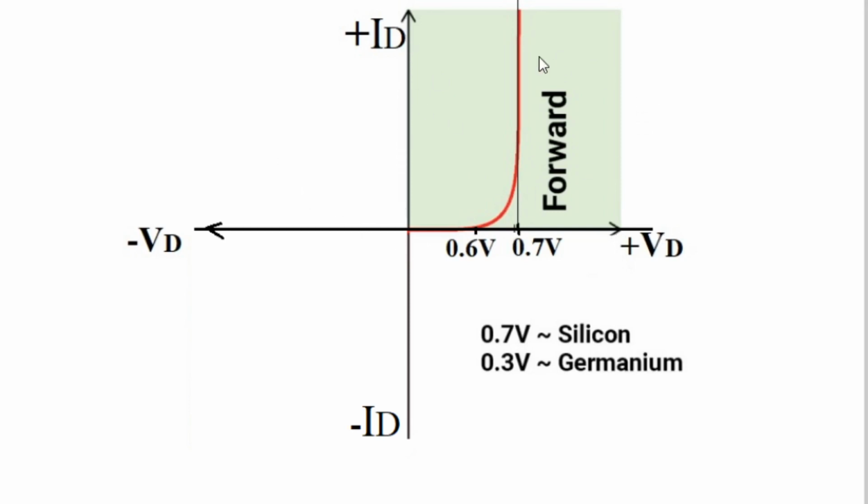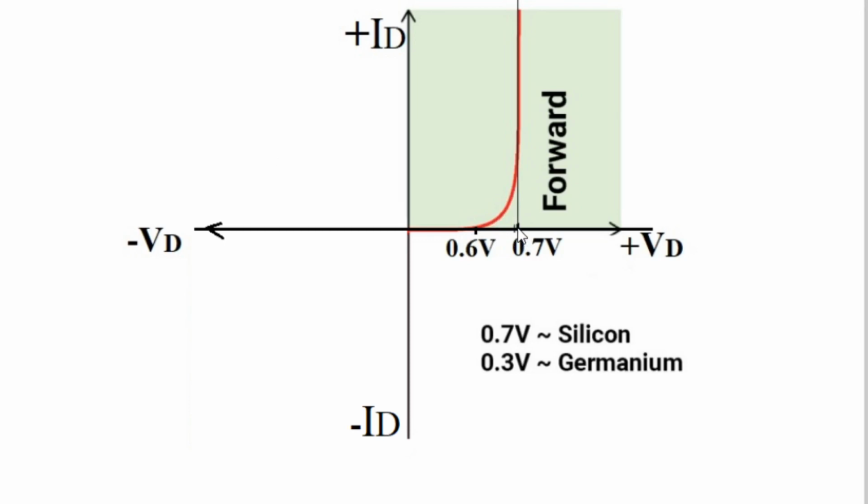So here both parameters are positive, so the graph is in the first quadrant. Up to 0.6 volt, zero current flows. On the y-axis is current, so no current is shown up to 0.6 volt. After 0.6 volt, the current slightly starts flowing, and when you apply a voltage of 0.7 volt or